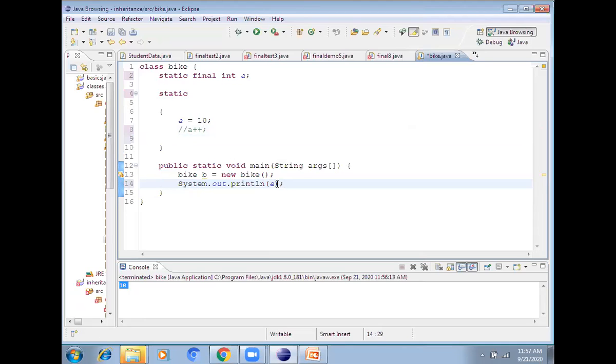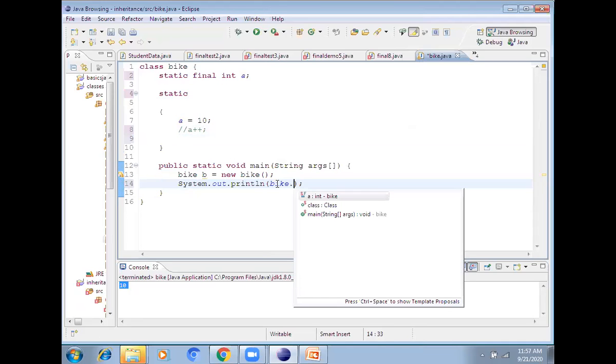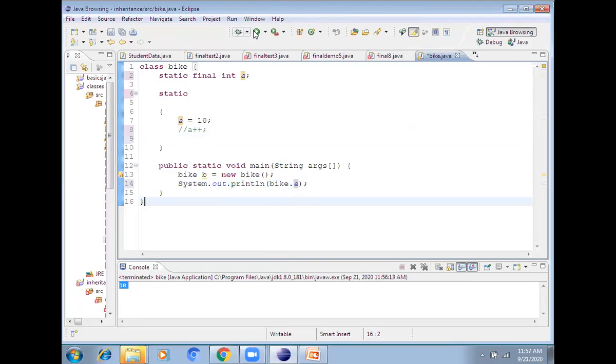My class name is Bike. Bike dot a. So this is the static block.